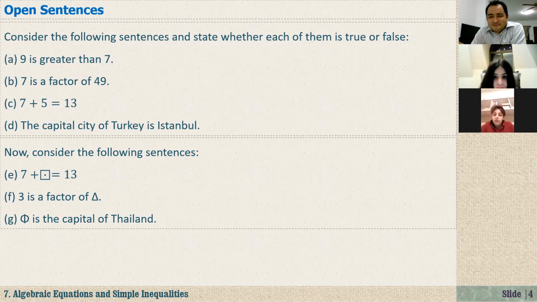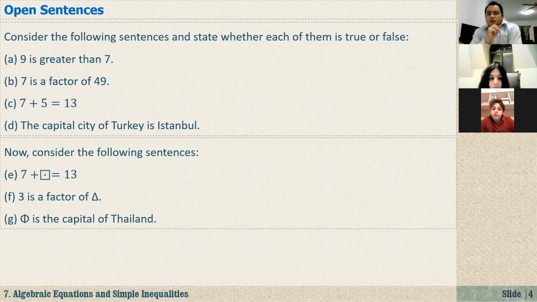True or false? The D is true. The capital city of Turkey is Ankara, right? Not Istanbul. Okay. Istanbul, it was before a capital city. Now it's a kind of business center. The capital city is Ankara. Anyway,